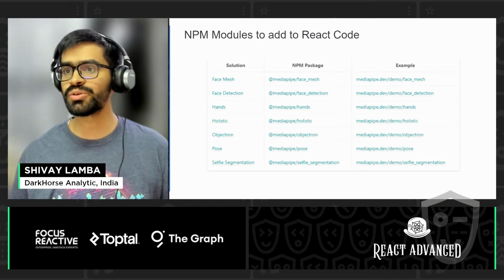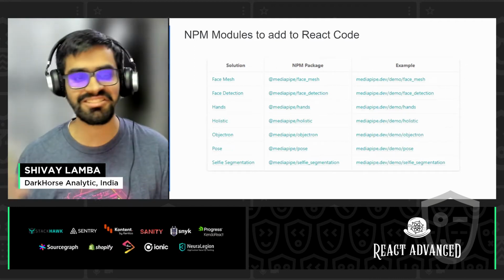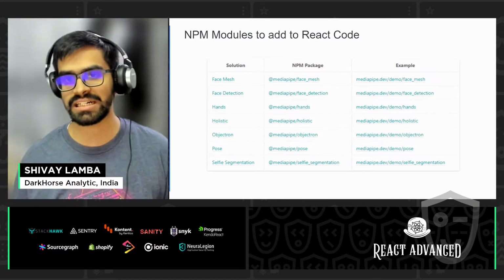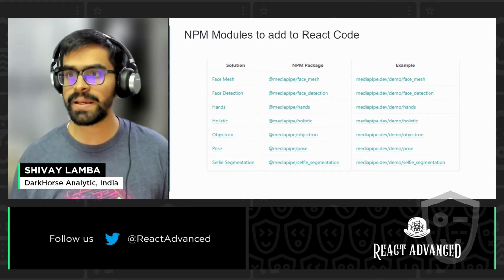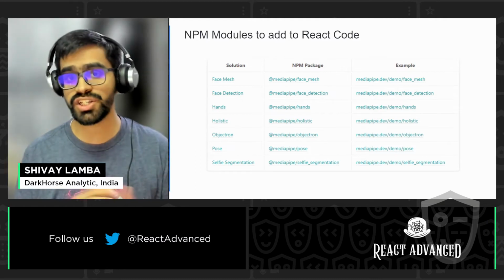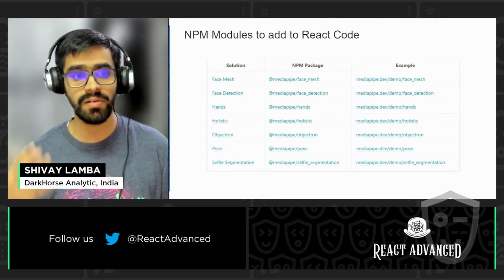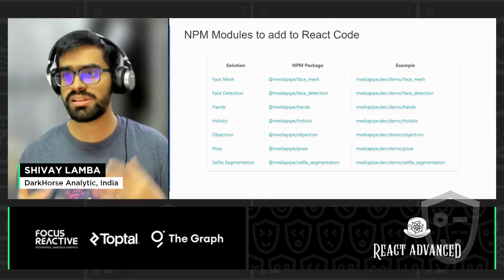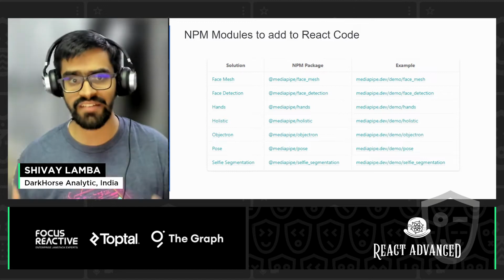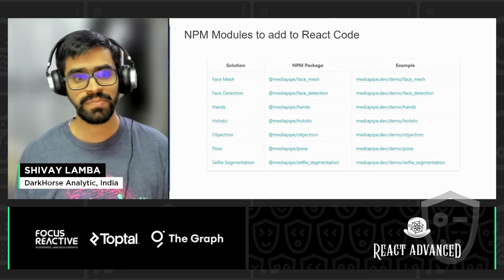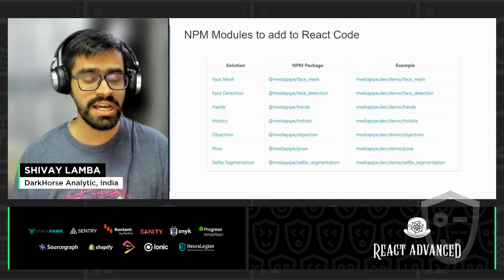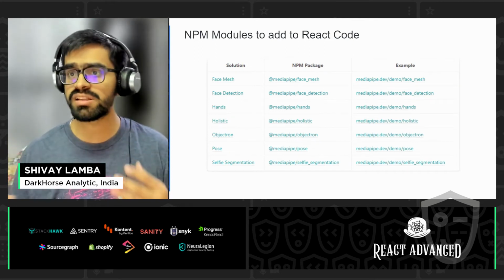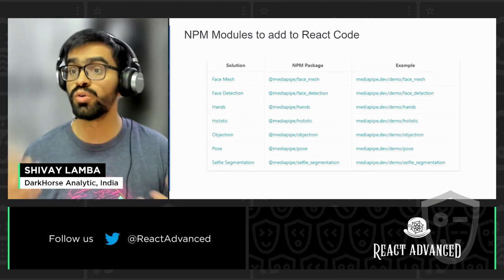And now coming to the essential part, what this talk is really all about: how can you integrate MediaPipe with React? There are a lot of NPM modules shared by the MediaPipe Google team. Some of these include face mesh, face detection, hands, that is hand tracking, holistic, which has face mesh, hand, and pose. Then Objectron, that is 3D object detection. Then we have pose, and selfie segmentation, that we had covered,